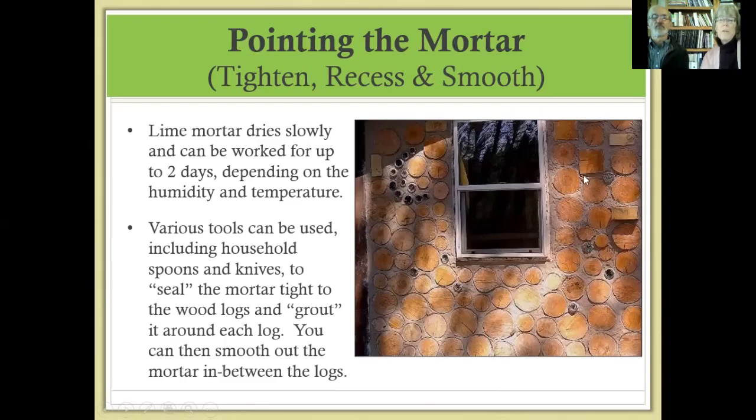And then up above here, you can see the mortar is rougher and not necessarily sealed around each log, but it really sets off the logs and the design, cleans it up, and really adds to the tightness of the structure. The tools that you use to do this, you can use a variety of things, but Rob Roy talked